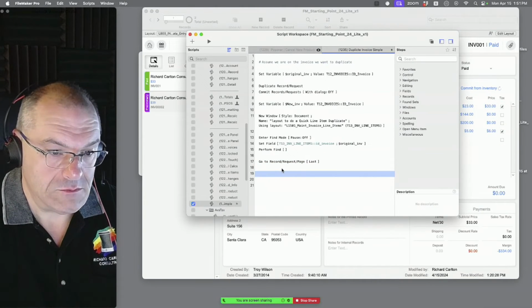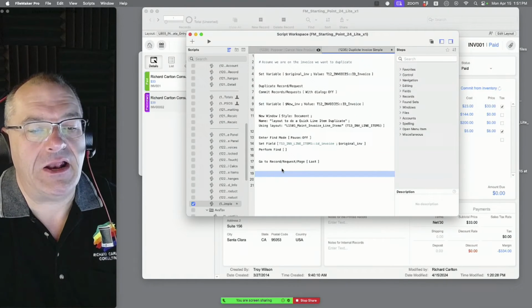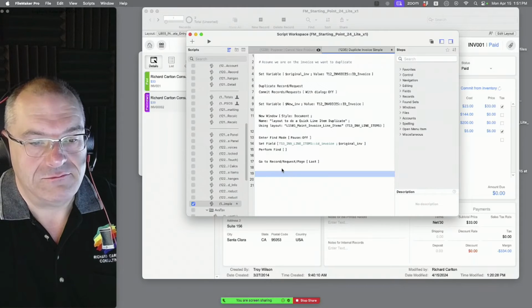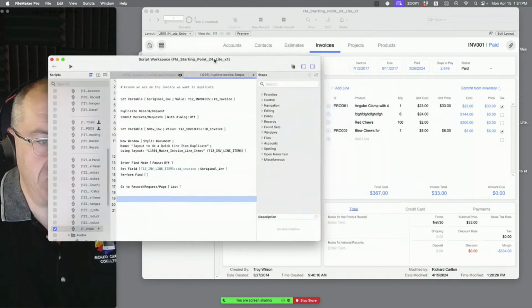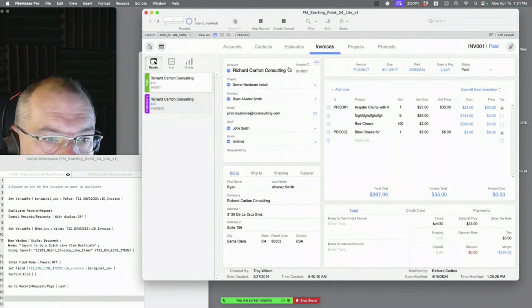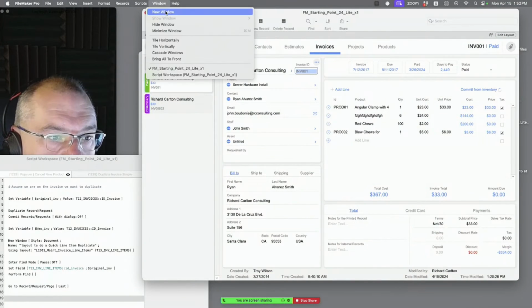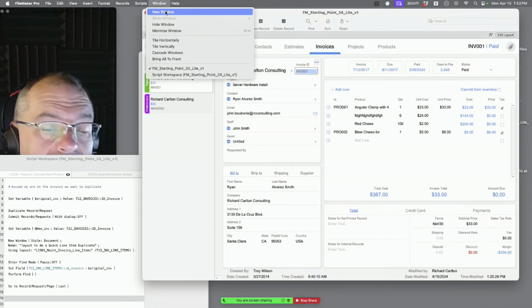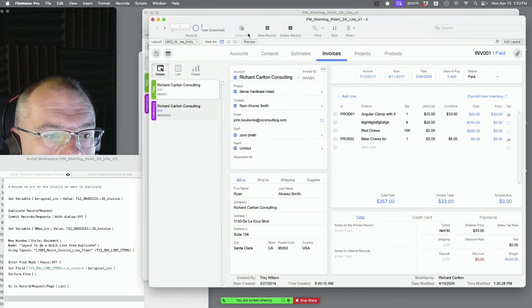Set ID invoice for the duplicates record to the new invoice. If I do that, what am I on right now? Do you understand what you just said? I'm over here. I said copy this value. Yes, new. Either my checklist is wrong, or that's what it says in the next.